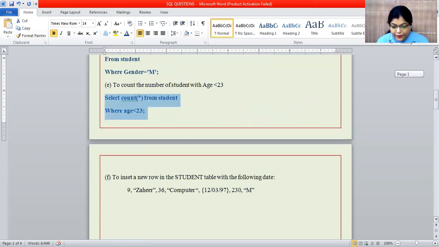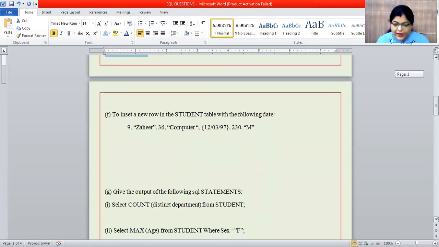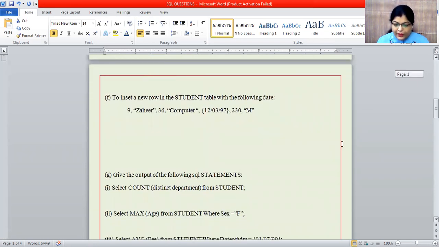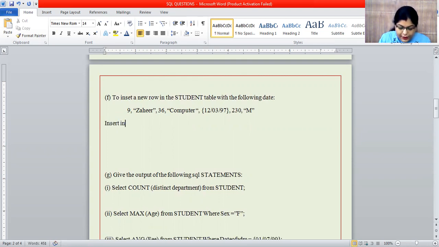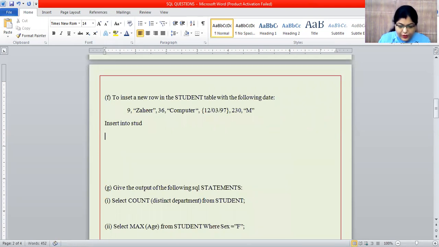Okay, next is to insert a new row in the student table with the following data. So how can we insert the new row? What is the command? Insert into table name, student, values, bracket start. Then we write the data as it is.